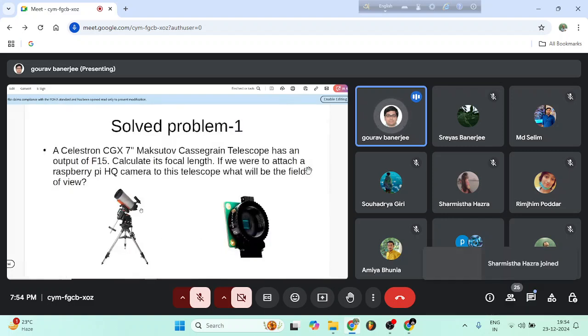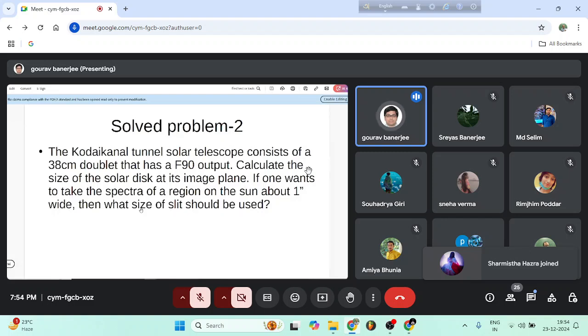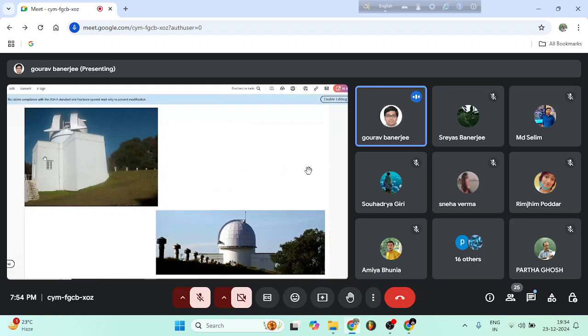Let's move to a slightly more difficult problem. The problem is about the Kodaikanal Tunnel Solar Telescope. It's a telescope I have visited when I was doing an internship for IIA. The tunnel telescope looks something like this. It has a dome and it has two flat mirrors in the dome, and then it directs light to an underground tunnel where we have a doublet lens, and then the lens has a